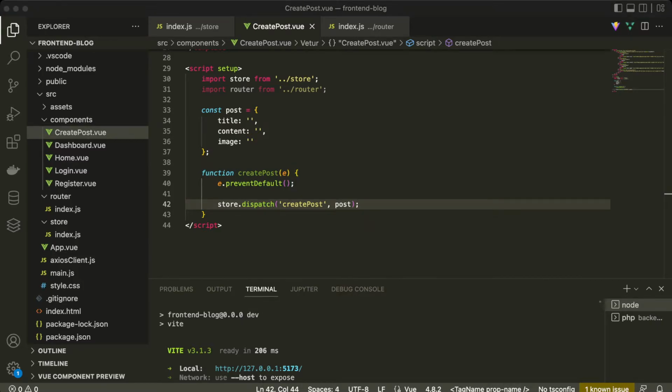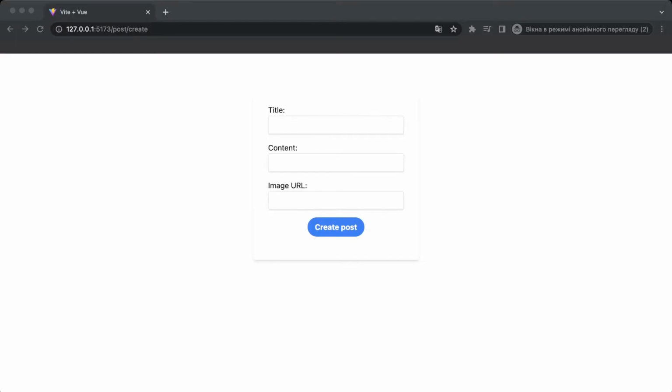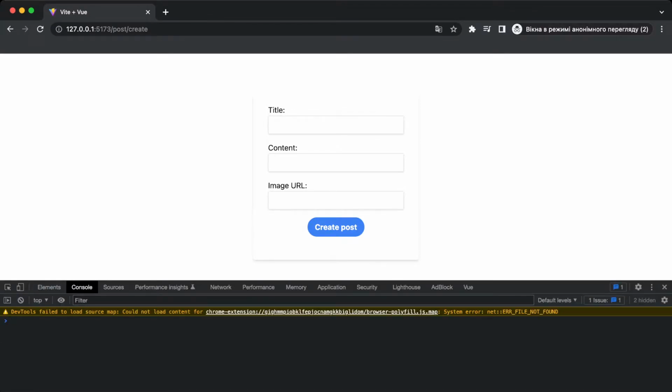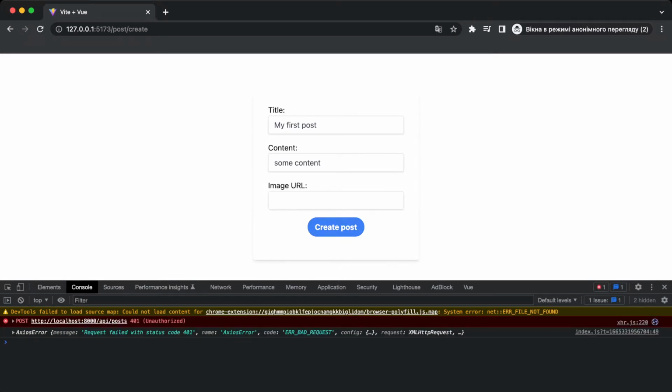So I'm switching to the browser, and maybe we can also refresh it. Now I'm gonna open the console, and let's try to create a new post. So for the title, and let's also change content not to an input but to a text area. We can type here, for example, my first post, some content, and image URL. Let's leave this empty, and now let's click create a post, and as you can see, I'm not authorized, so